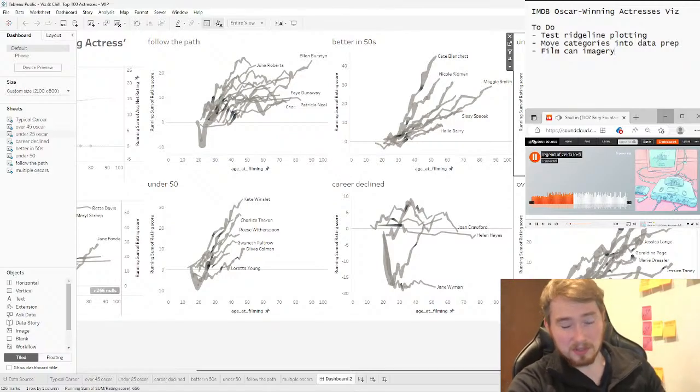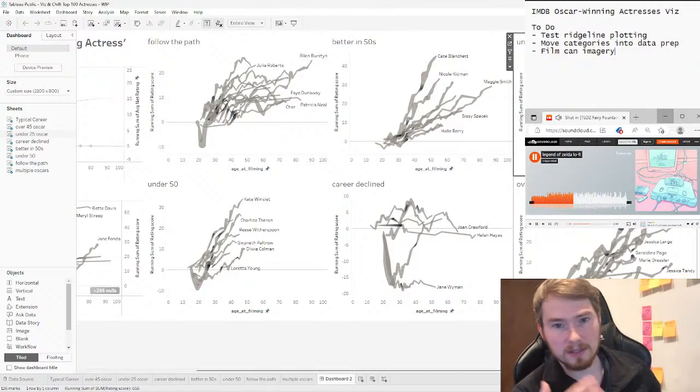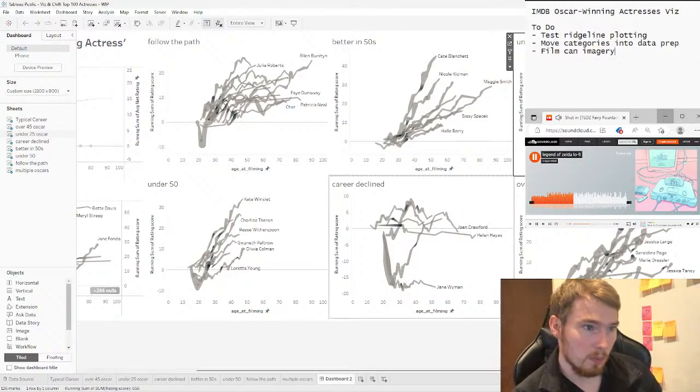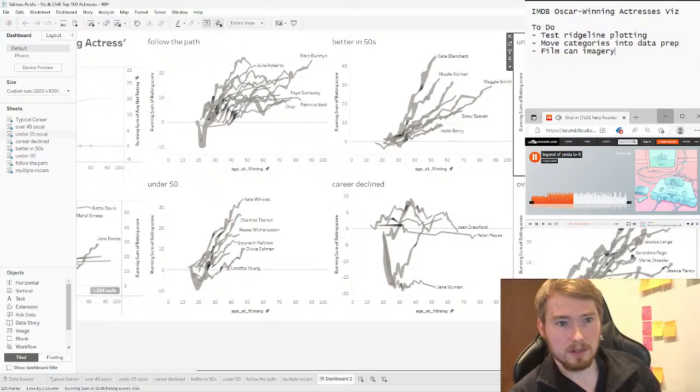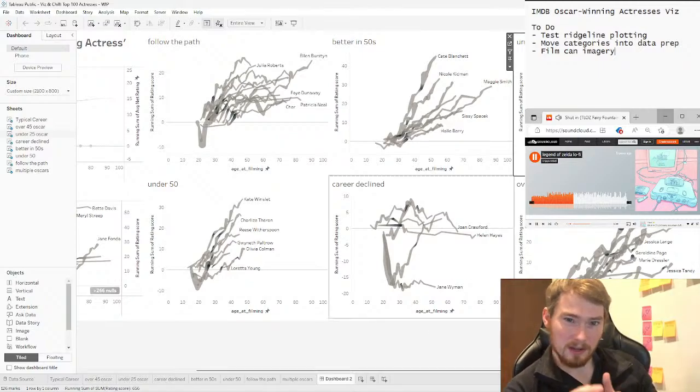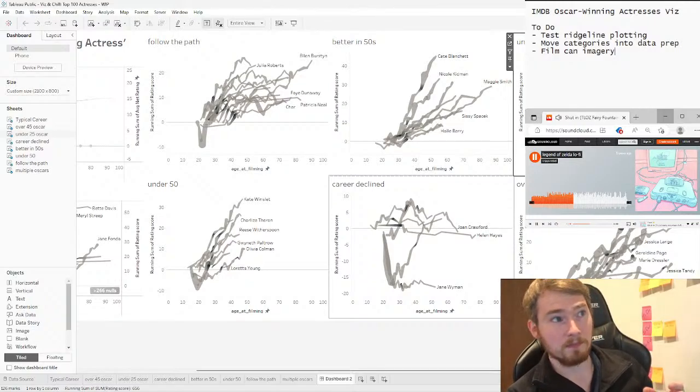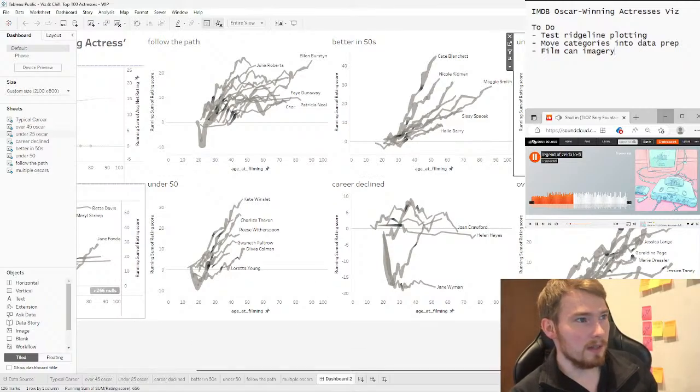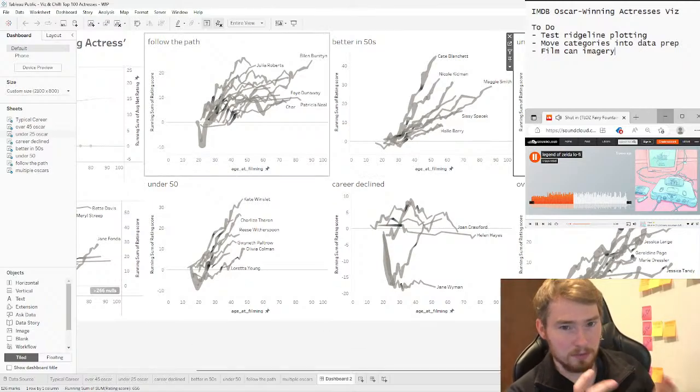So what I want to try and do is get this into a map layers format where I can use visualise to work these lines out. Because what's happening at the moment is you can see some cases where I've tried to make the line thicker where they have more films, just to emphasize they've appeared in more films, because sometimes it's not very easy to understand. And it kind of leads into this effect we've got going on.